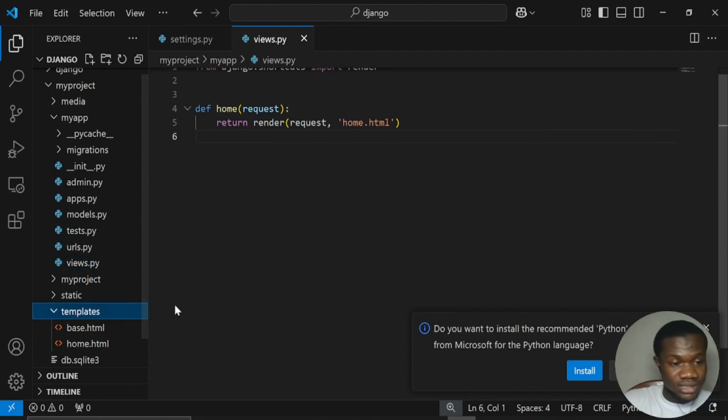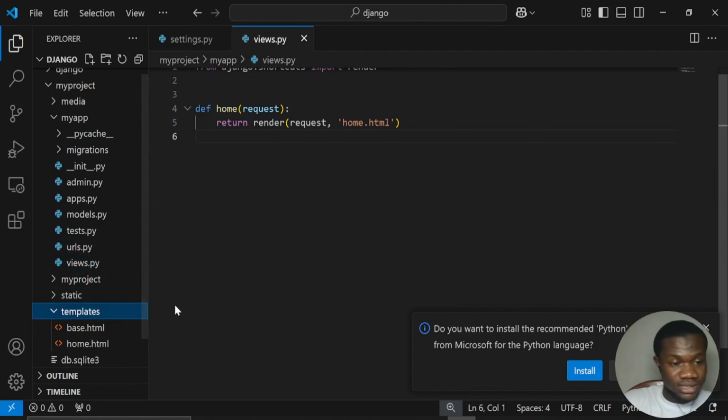Let's try the static folder for us to see. So first of all, let's create a static file. I'll create a simple CSS for us to change this hello there. So I'll go to my static folder, and inside the static folder, I'll create a CSS folder. Inside this CSS folder, I'll create my style.css. This style.css, I'll link it to the base directory. With this base directory, I'll say static and then CSS, sorry,